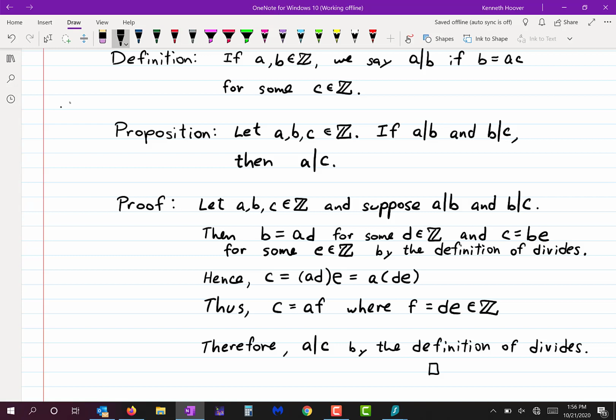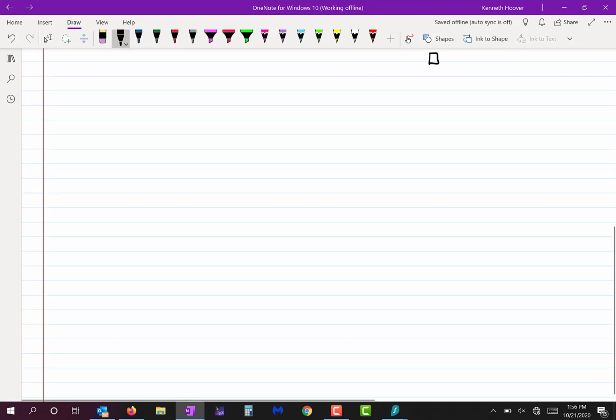Okay, let's do this one. You're going to have to remember the definition of even and odd. So if you don't remember that, look at the last lecture and look that up. Okay. If x is an even integer,